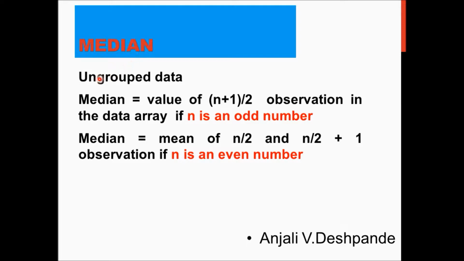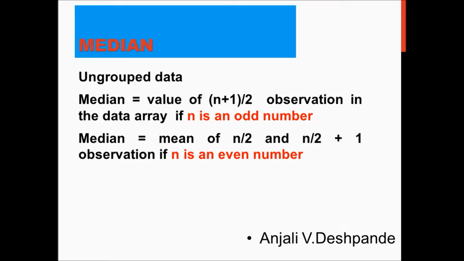First of all, we are going to calculate the median for ungrouped data. In ungrouped data also, we have two cases. Suppose the number of observations is odd, then the median is the value of the (n plus 1)/2th observation in the data array. This data array you have to first arrange either in ascending or descending order, and then use this definition. If the number of observations is even, then the median is the mean of the n/2th observation and the (n/2 plus 1)th observation. We are going to see how to find the